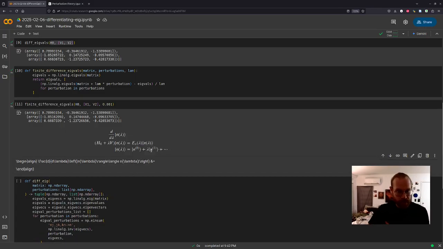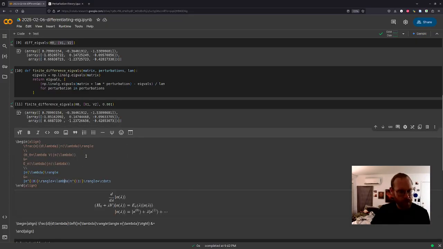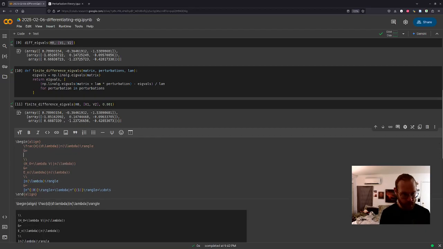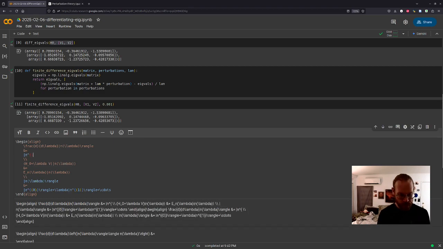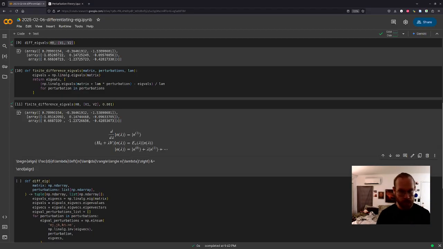And so the derivative is itself just n1, which I guess we could put up here. Okay, so we have a little bit of bookkeeping done.